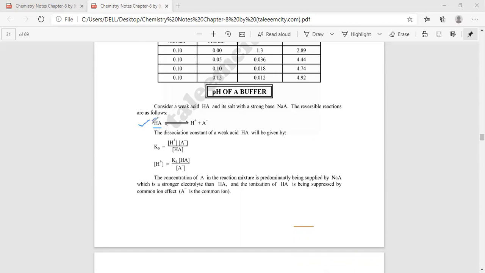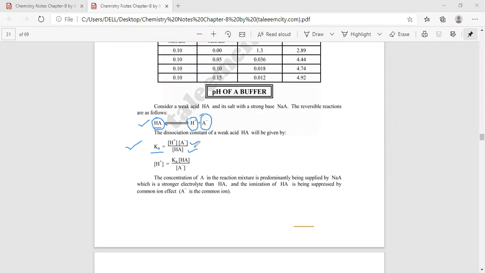This is the acid. As we know, acids produce protons. The dissociation of an acid will produce H positive ion, and the negative ion of the acid will separate out. Now write its equilibrium constant expression. For acid, it is Ka, the ionization constant of acid, with products at the numerator and reactants at the denominator.